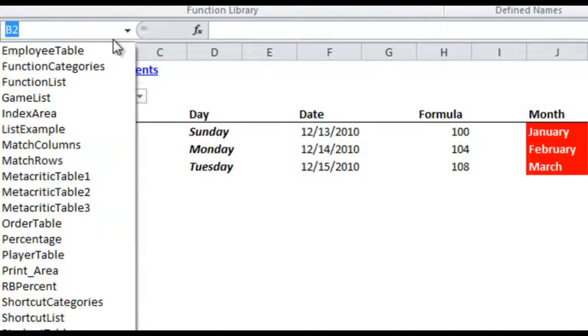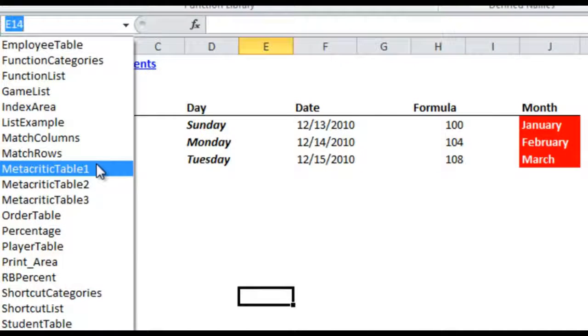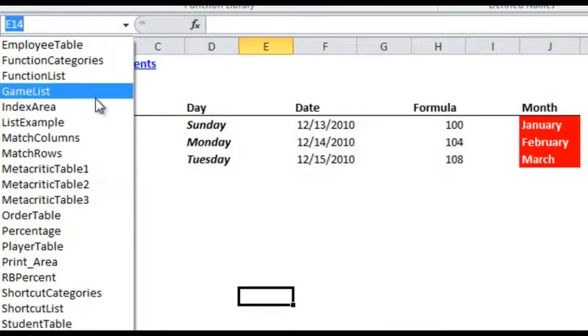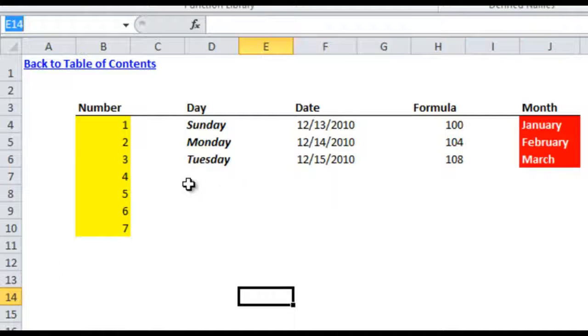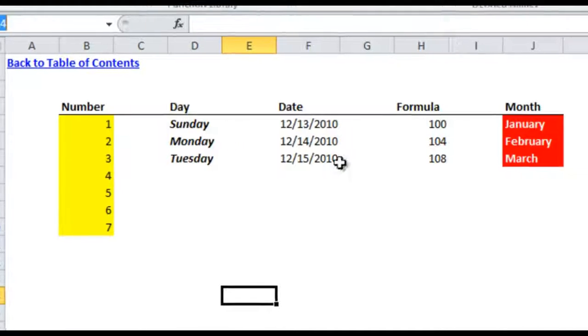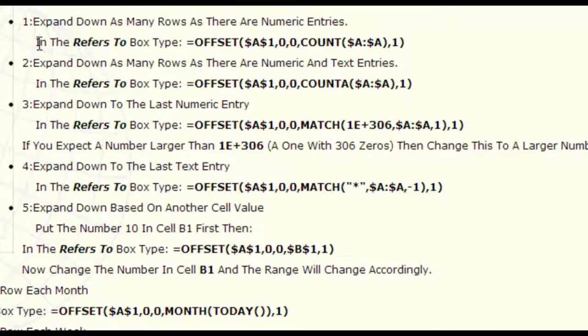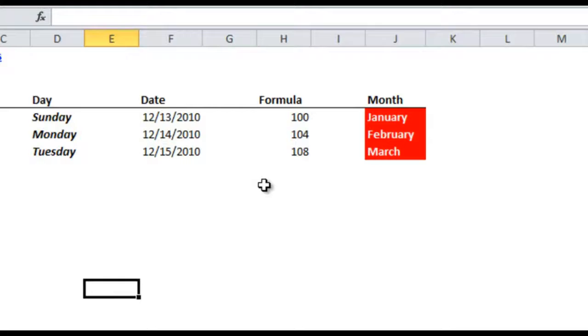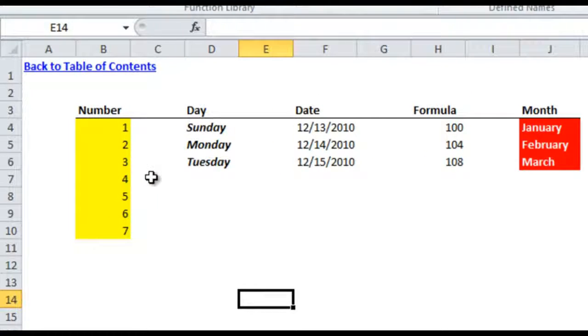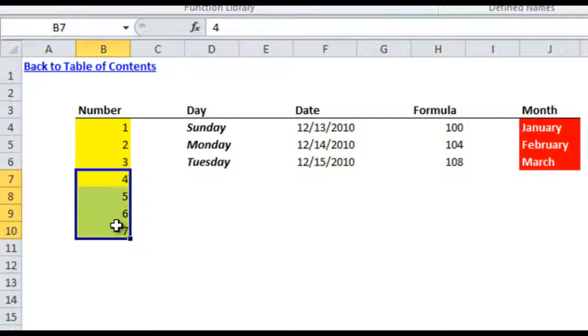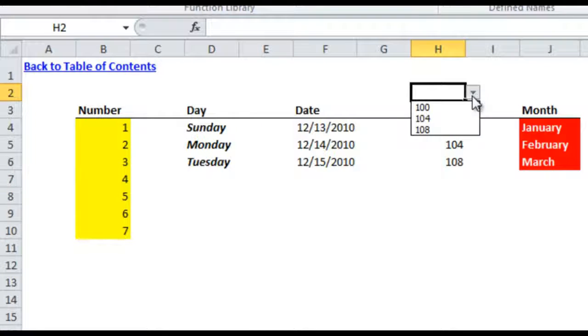One limiting factor is that they don't show up in this name box when you click the drop down, and so keep that in mind when you're naming your ranges, that it won't show up here. So I've gone through 4 of the examples from the Osgrid post. Here's a quick look at it. It would be the examples for 1, 2, 3, and 4, depending on which type of information is shown in your name range, whether it's a number, text, a mix of the two. So you'll see each of these will successfully update